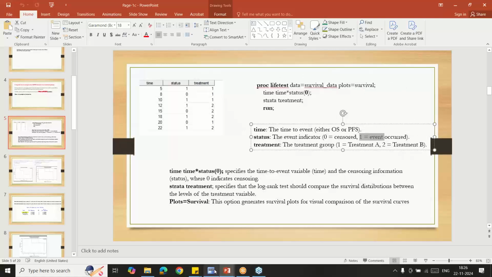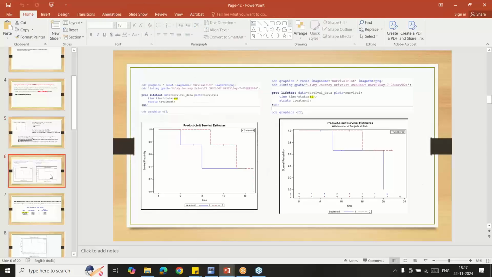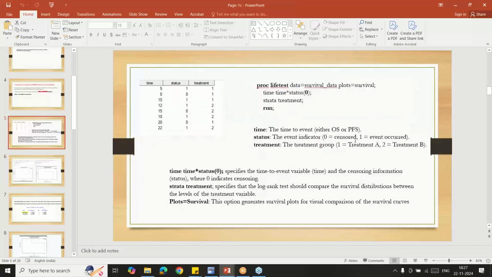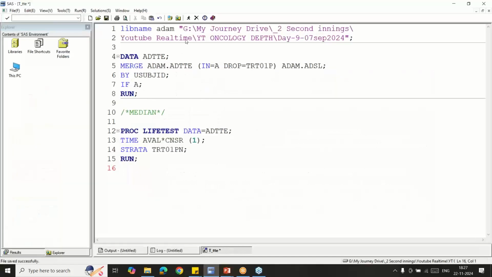We are checking the event related TTE, so that is why we are putting 1 here. If you put 0, the censoring information indicates 0 is censoring. If you put 1, the subjects with events are taken into consideration. Once we run,